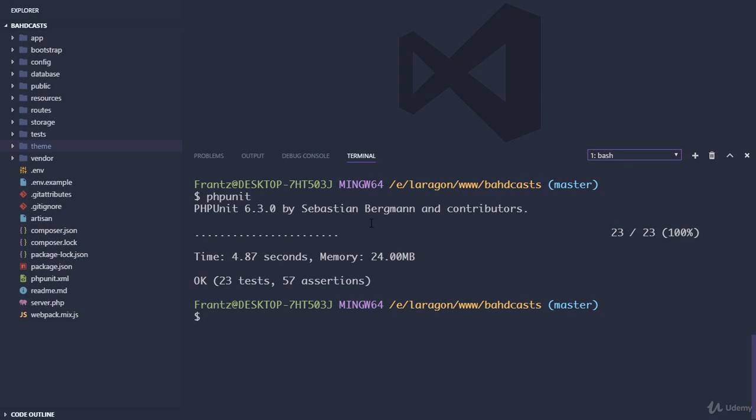At the moment, we have a successful test suite, like you can see. So we run all of our tests and all of them are successful with successful assertions. Now this is the greatest advantage of having tests in your application. For example, you can use your tests to make sure that everything is still going fine in your application at